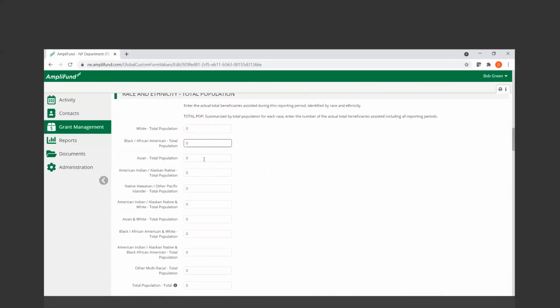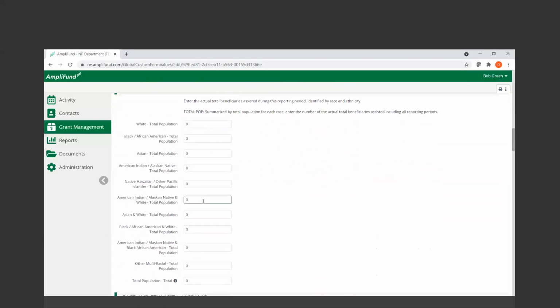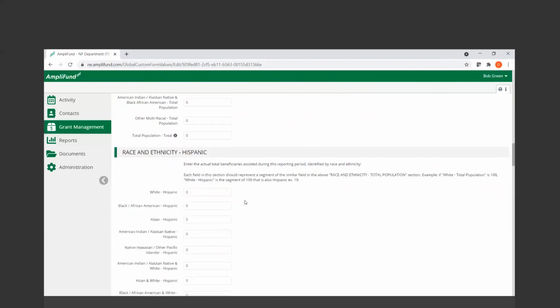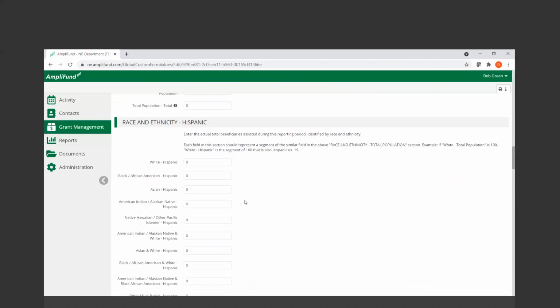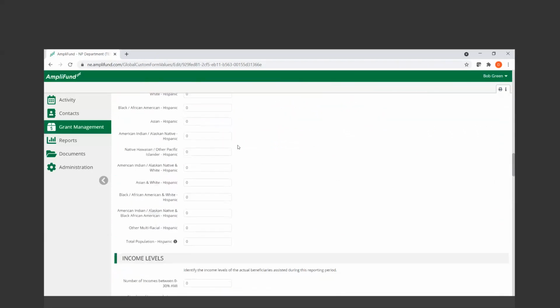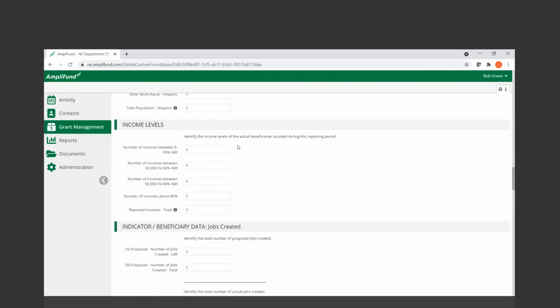this point in time. Now, if they do hire someone in a new position for their next reporting period, they would then report that information on that individual that was hired. And again, with race and ethnicity, that is further identified with our current example. It is all 0s at this point in time, along with income levels. So as we did with low moderate income housing, the national